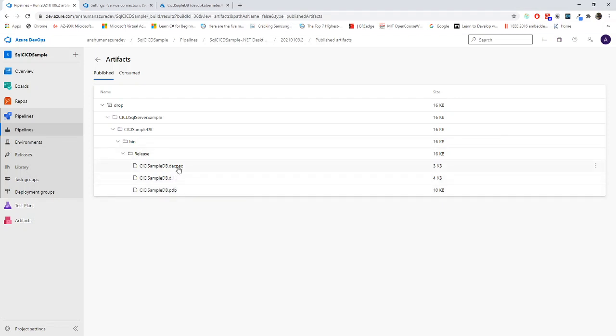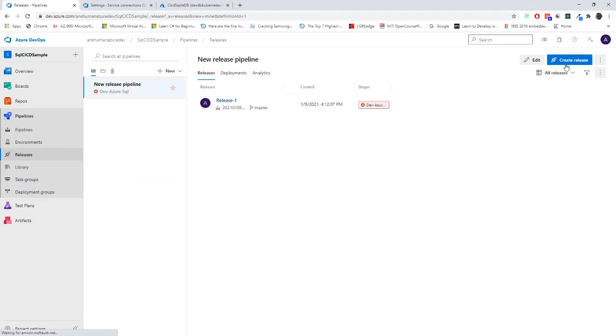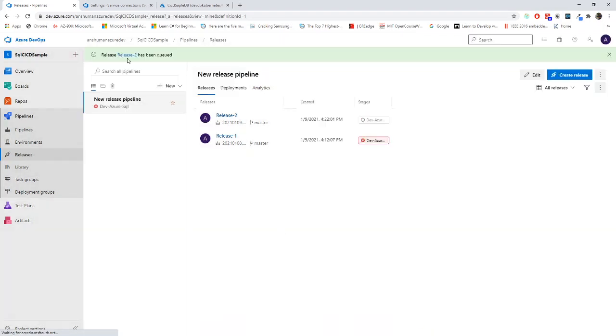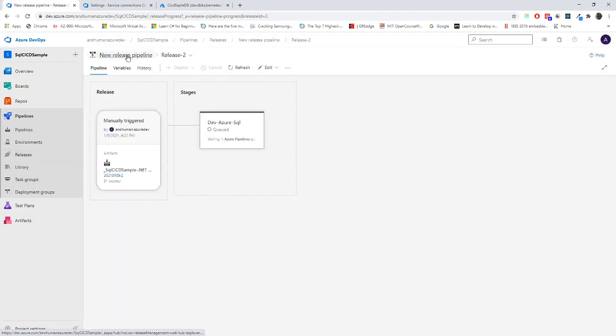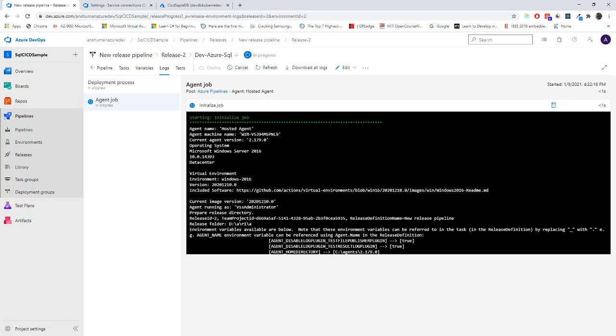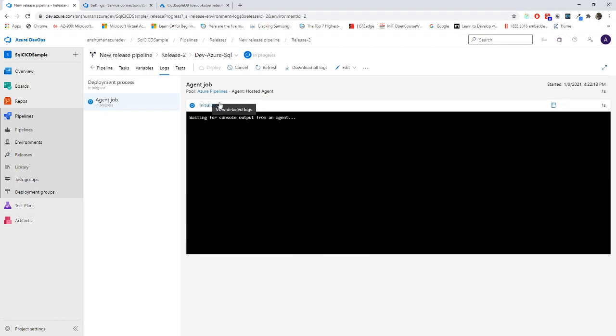So the .dacpac file got generated. I'll go to release. Then I will again create a release and let's see if this thing will work. Release. Now this has been queued. Now the job got initialized.